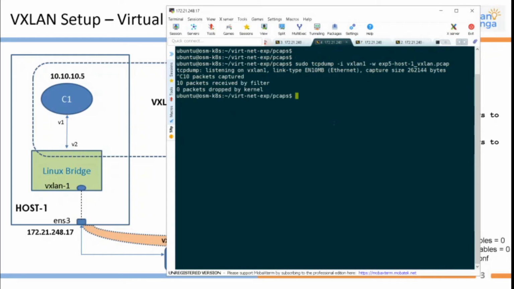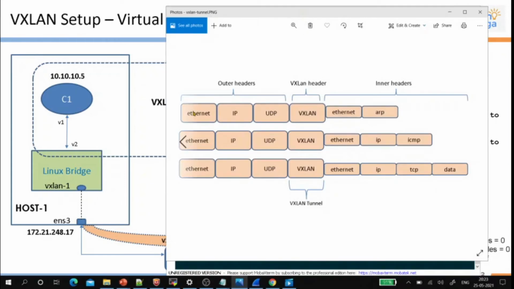So now let us look into the frame structure of the normal packets here as well as the tunnel packets. Here is the frame structure what we will find when the traffic is initiated. See the inner headers what we see here. This is the frame that is generated in this overlay network, that is from C1.